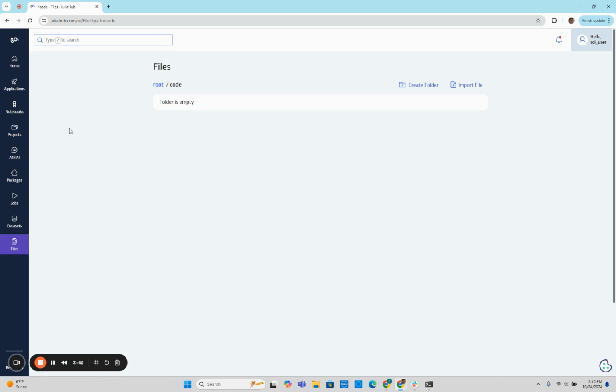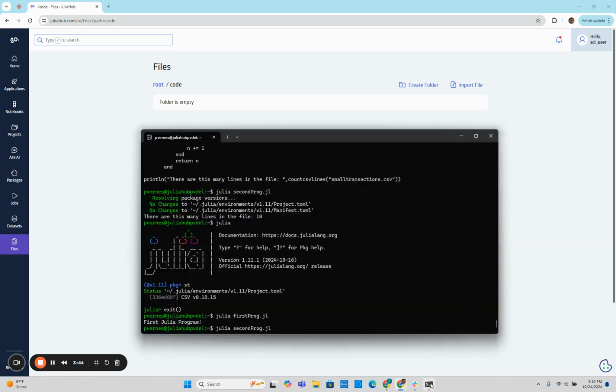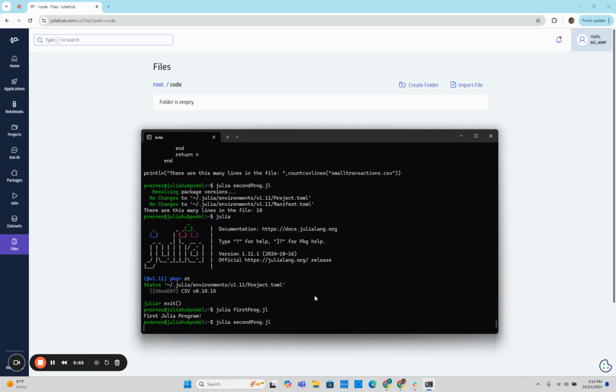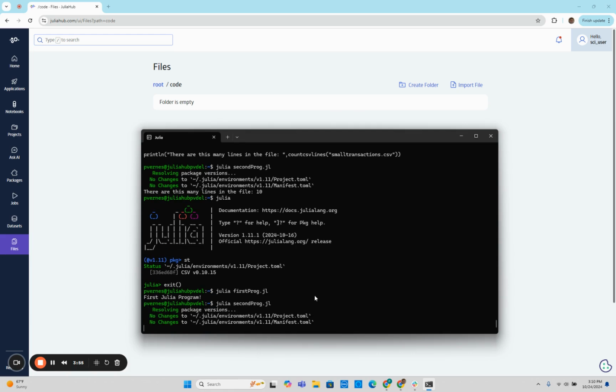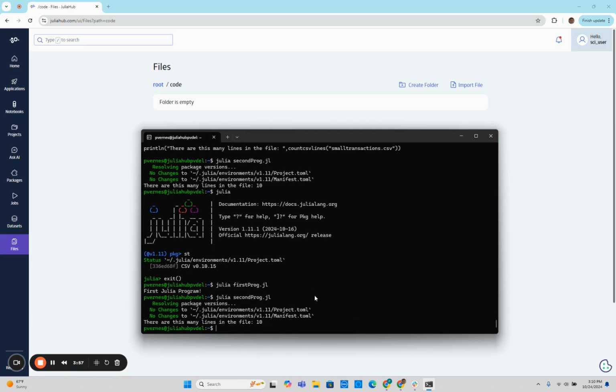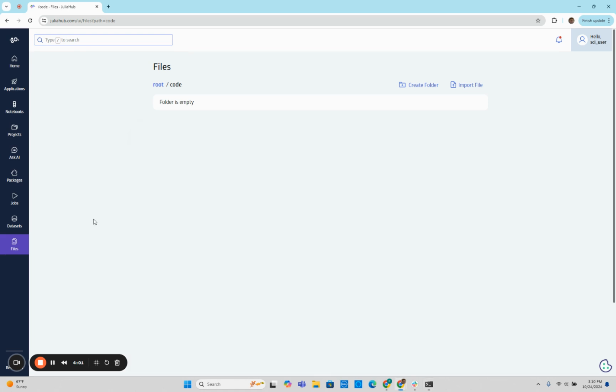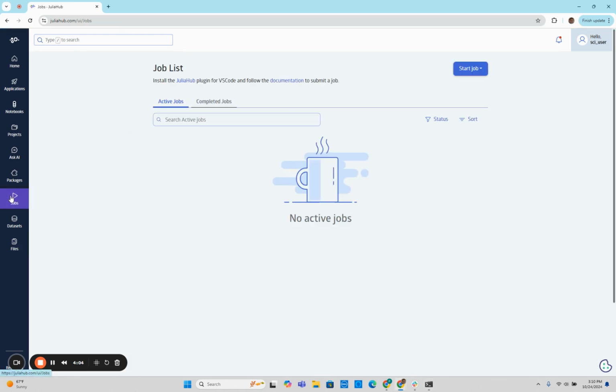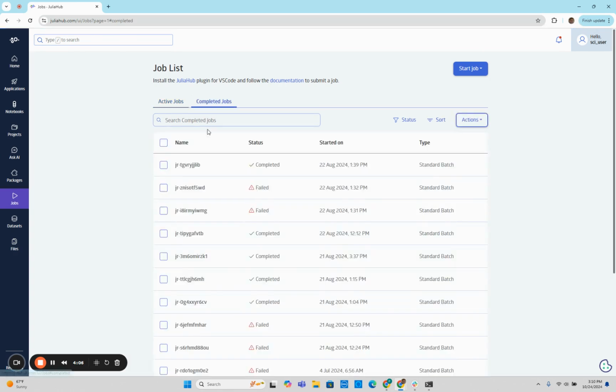More importantly, too, one main difference is also observability, right? Like when I run this, I would have to manually emit a log. When I run this program, secondprog.jl, and it counts how many lines are in my CSV file, it says there are 10 lines in my CSV file. Where is this log, right? Well, it just so happens when I run a JuliaHub job and I look at a completed job, I get for free a log,